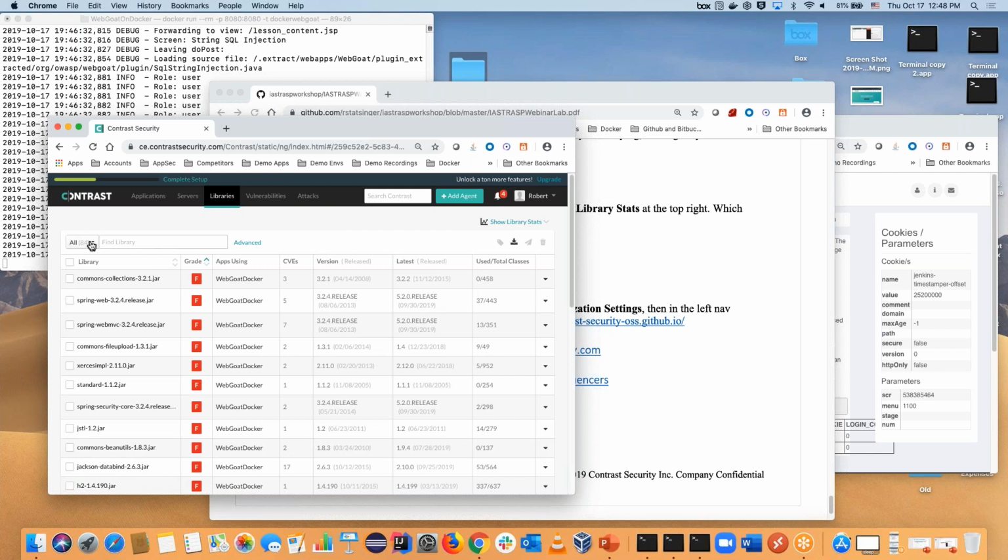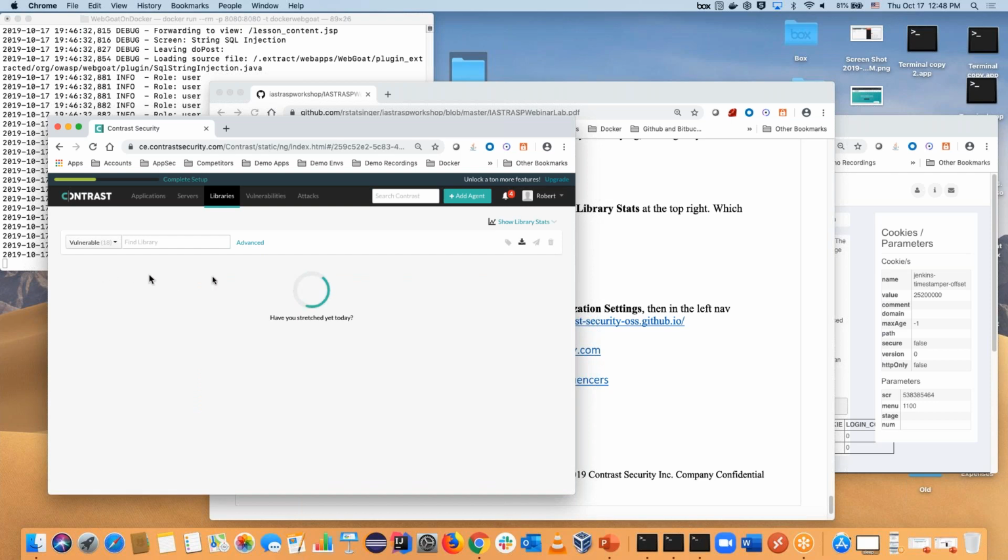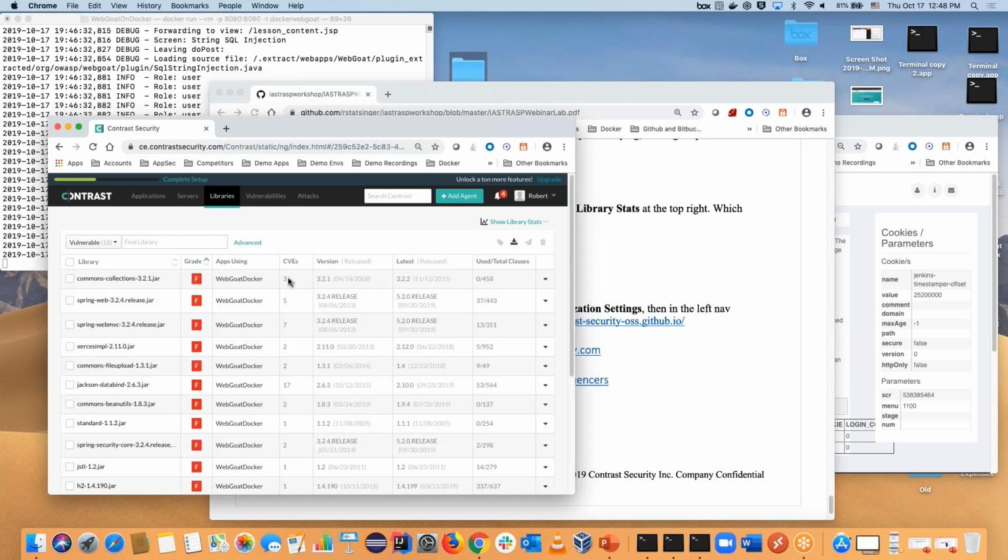Okay. This WebGoat application uses 84 different libraries, of which 18 are vulnerable, meaning they have open CVEs. I can see what all the CVEs are and how bad they are. I can also see how out of date my current library usage is. For Spring Web 3.2.4, notice that I'm using a version of this library that's 6 years out of date. I could probably knock off a bunch of these CVEs if I was only going to upgrade to the latest